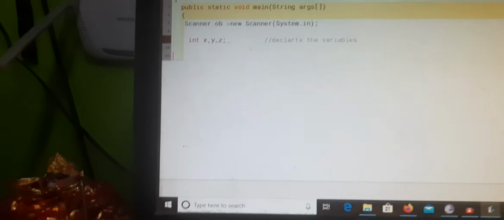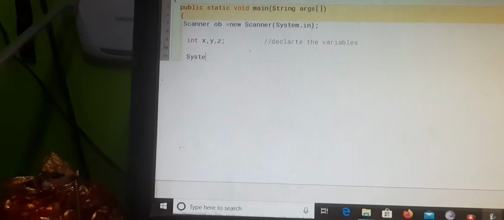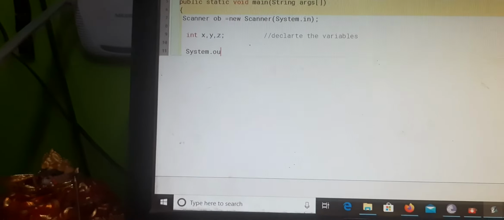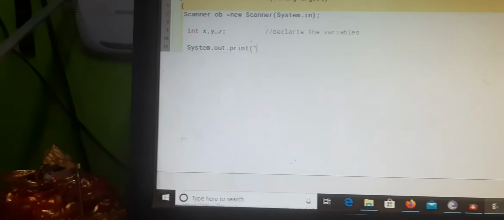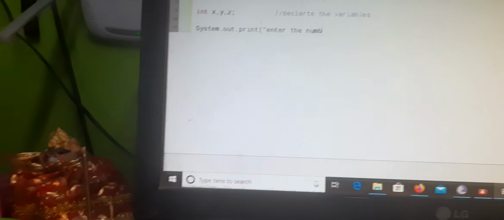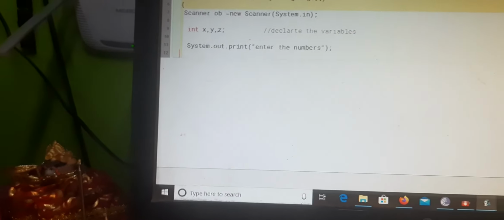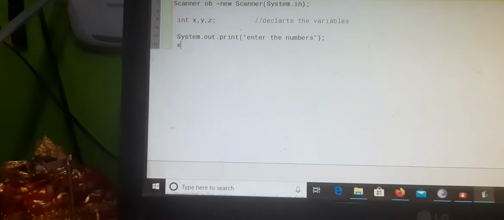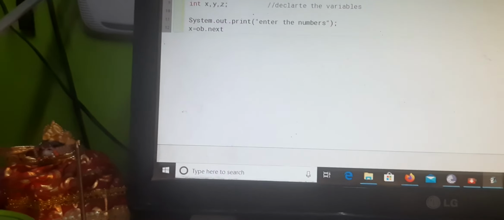Next after that we have to give a message, System dot out dot println, enter the numbers. Next we have to write x equals OB dot nextInt.